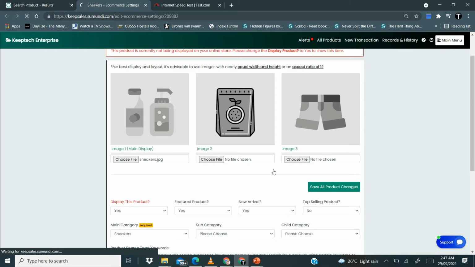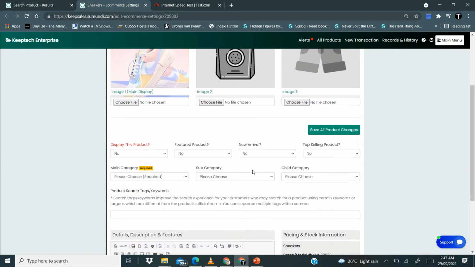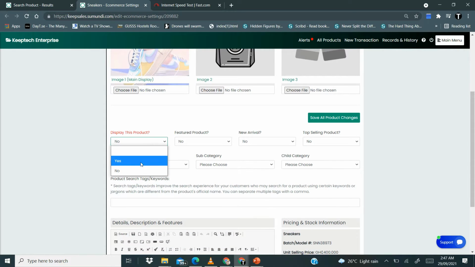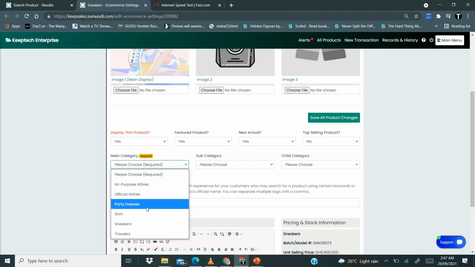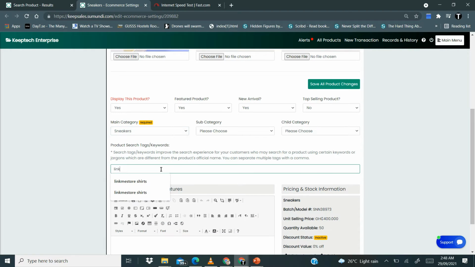Our picture is uploaded. All right, because I refreshed, I have to redo this all over again. Meaning the first thing you do is upload a picture if you have one, and then you go on to select the categories. Now you can add